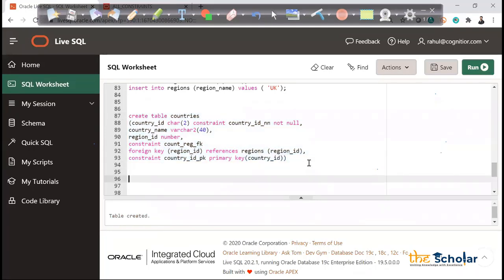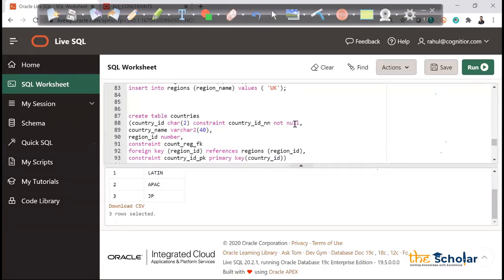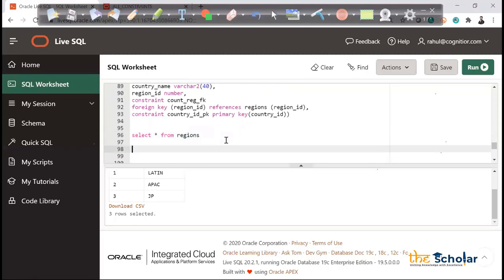Now the interesting thing is select star from regions. In the regions table, we have 3 regions, 1, 2, 3. Let's try to insert into countries values.